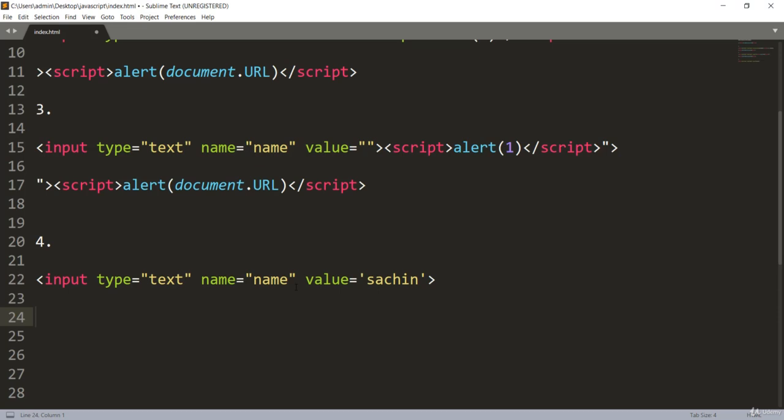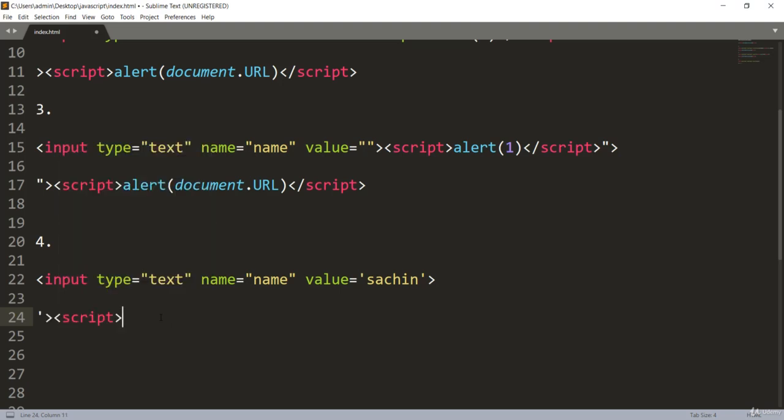So first of all, you have to inject your script. Any script will be injected in this value field. You can see we have just typed Sachin in that field, and it has been injected in this value. That means first we have to close your value tag. So closing will be only a single quote over here, because earlier we had the double quote, but in this case value has only the single quote. So first of all, we'll close our value field, close our input field, and open our script.